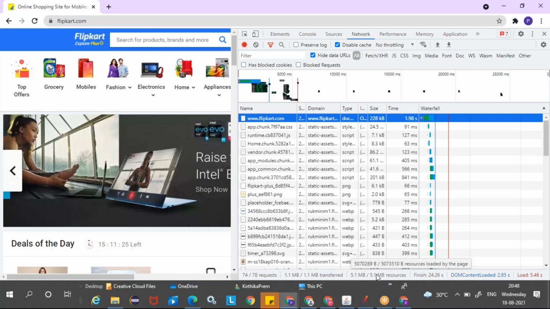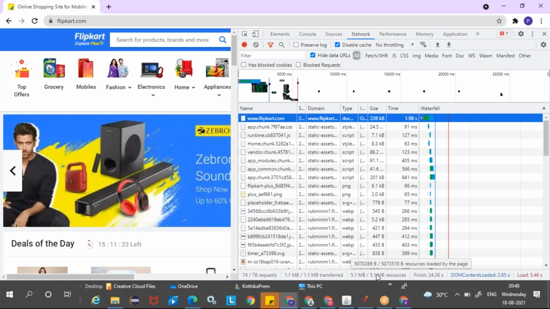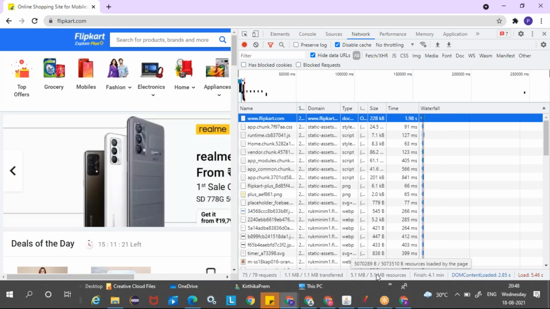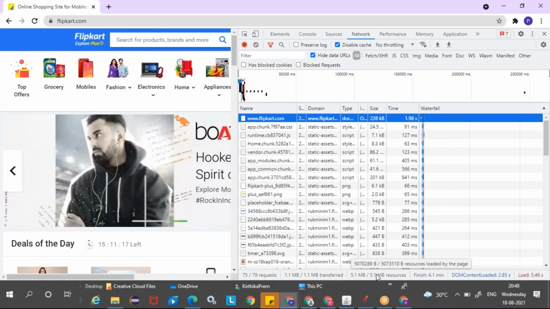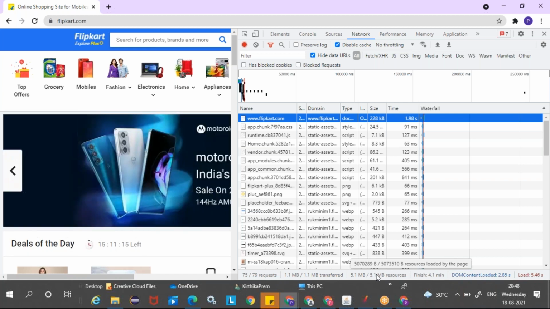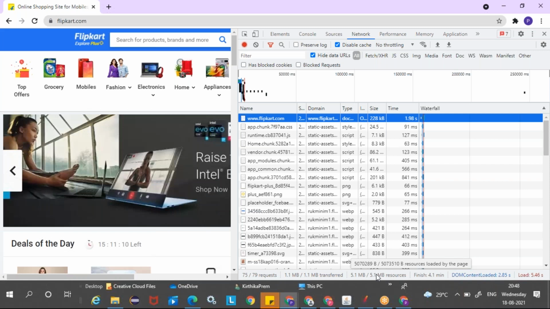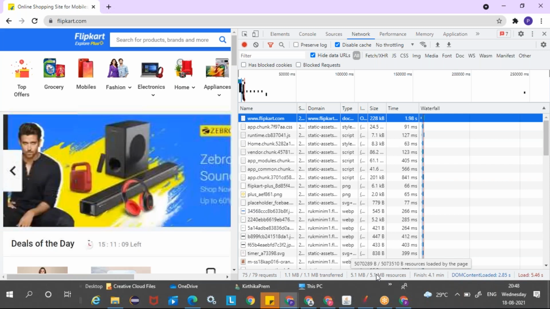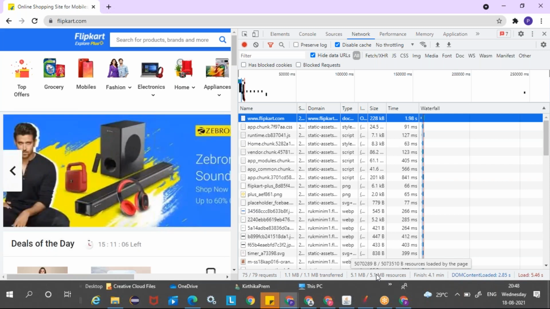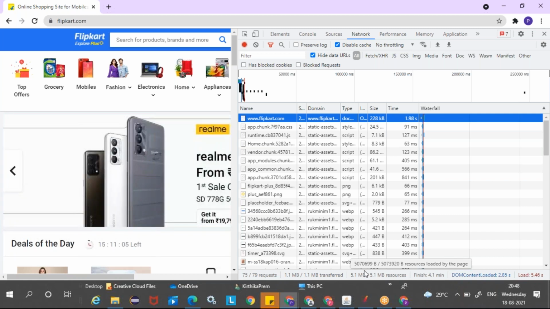Say for a JavaScript file, when it is sent over the network it would be 100 KB, and when your browser uncompresses it, it will be 150 KB.